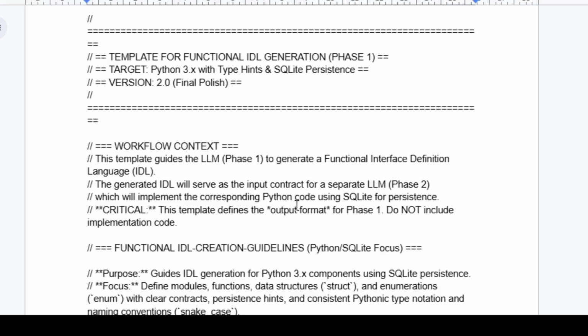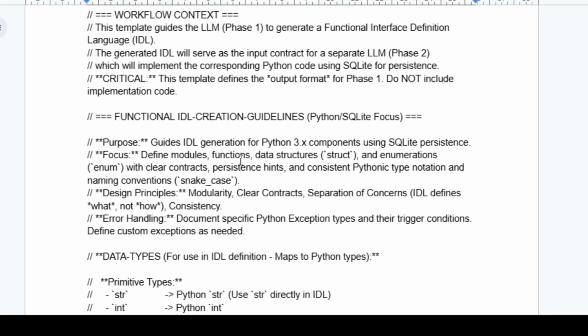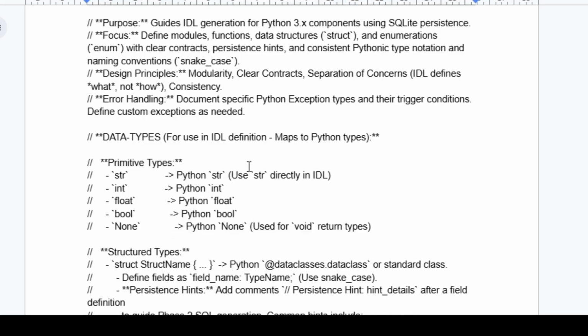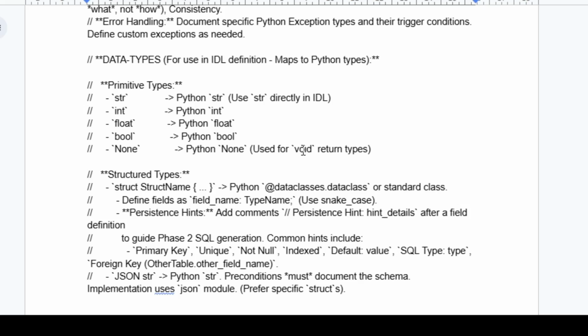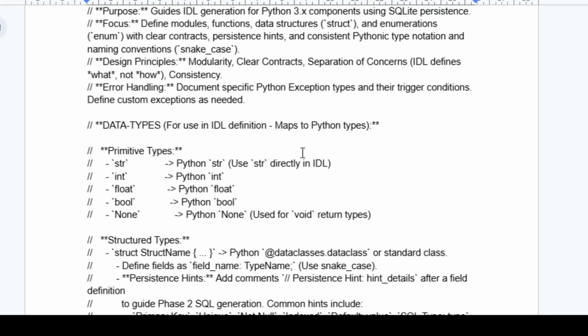So I'm here to talk you through IDL code generation within ChatGPT. This is a two-phase process whereby the first phase is to generate candidate functions, which will then be fed into the IDL creation. That IDL itself will ultimately form an interface as a contract system whereby the LLMs can refer